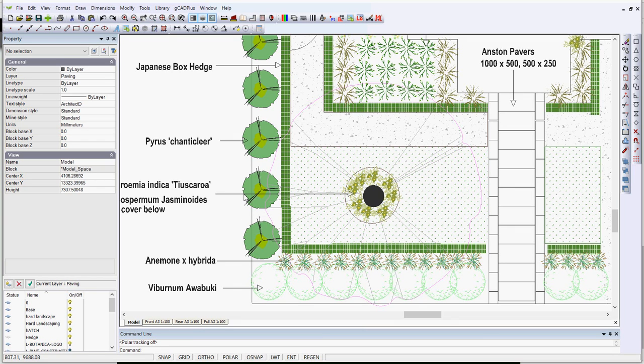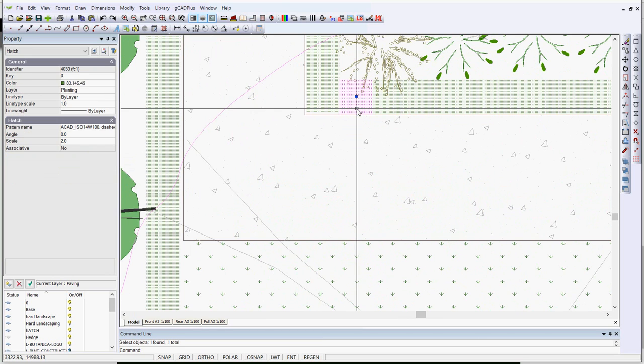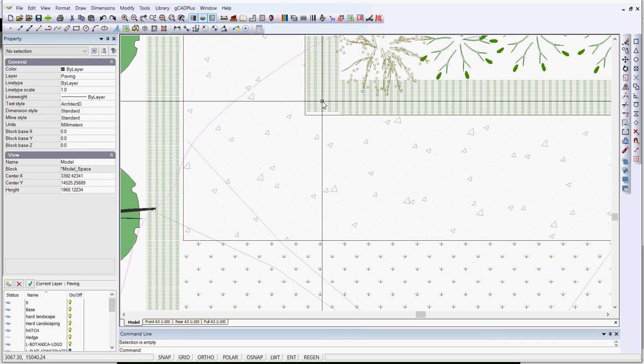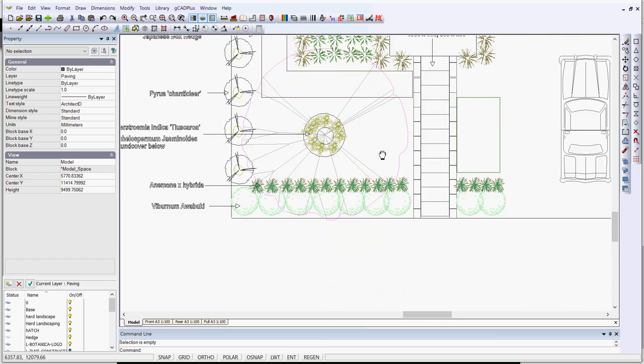This design makes extensive use of Japanese box hedging, runs down the side and across, and is also used in front of the dwelling. If we just zoom in on the way in which that's been indicated, you may be able to see that hedging is indicated by a hatch pattern, a dashed line hatch pattern. There may be an easier way to indicate